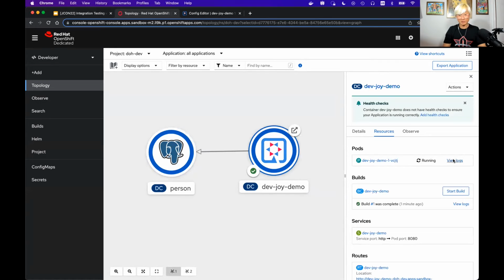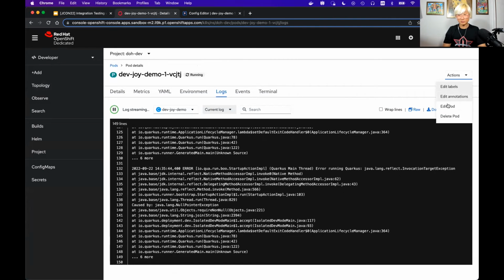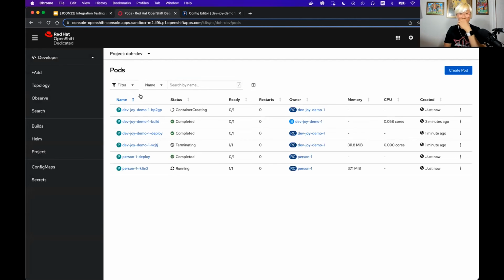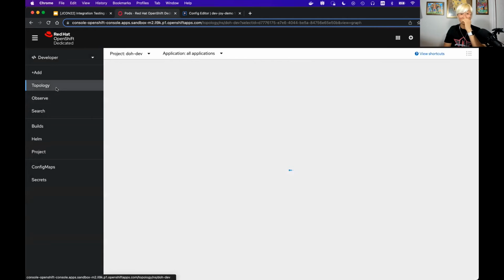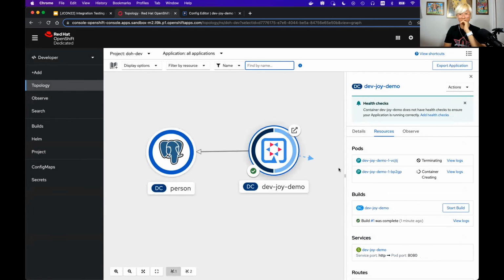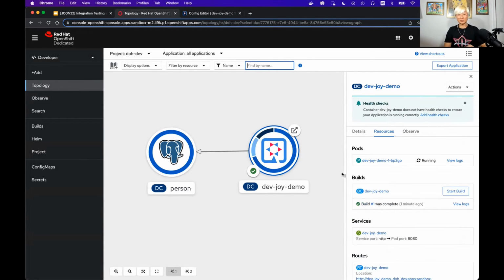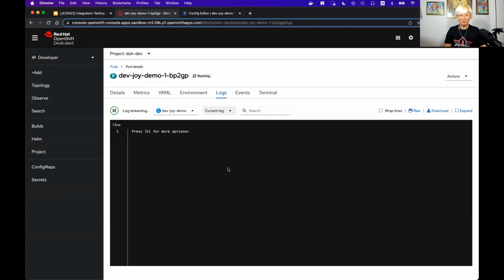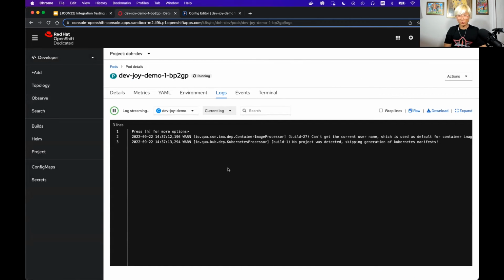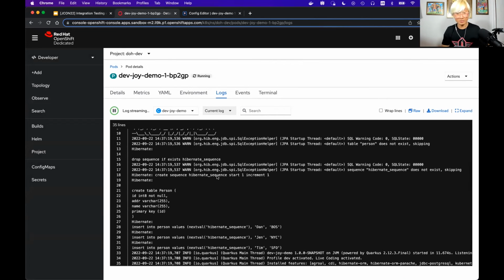And then back to the application. Let's just kill the pod and then reload, and try to connect the application to the database. So now we've got a new one. Hopefully it's working. And then Quarkus is starting up. And now here we go. So the new database is automatically created, and the live coding is actually activated here, which is